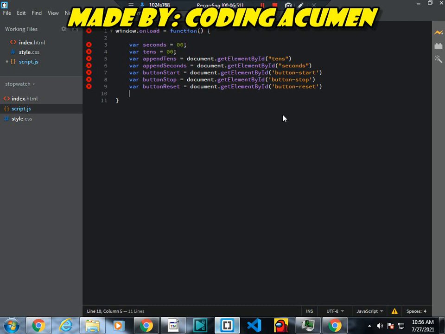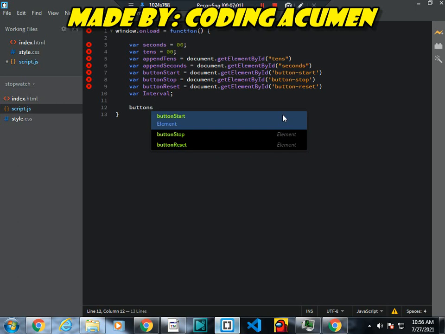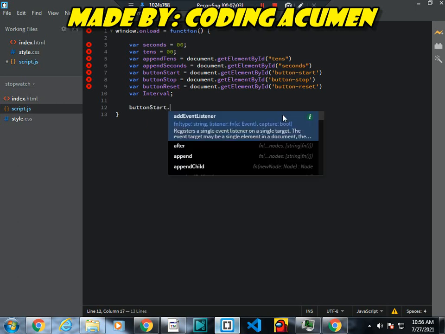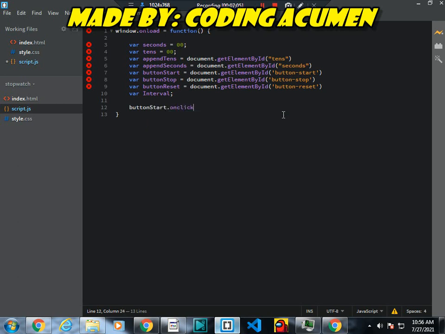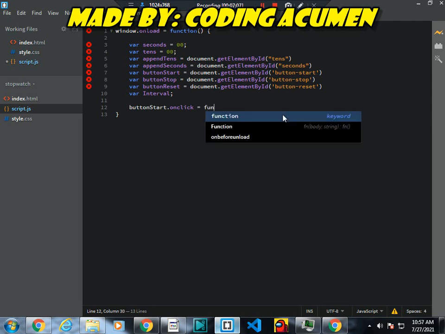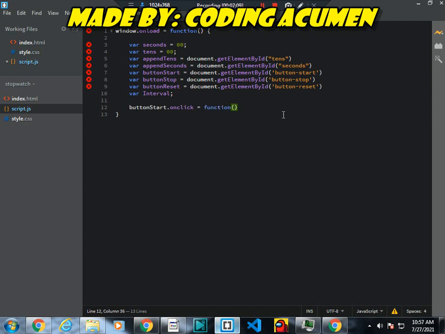Now after this I will write var interval. After this I will add some command again, button start dot onclick equal to function, and after this I will write clearInterval, and after this I will write interval.